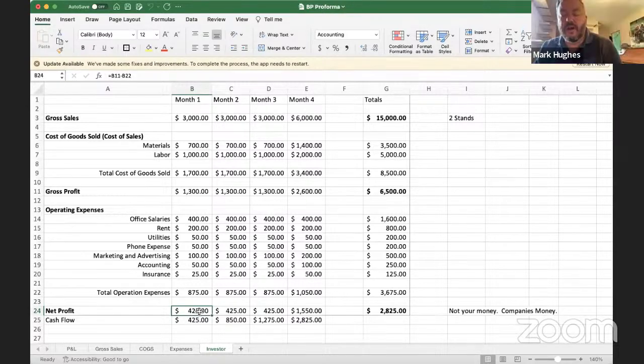And if you prove you have an understanding of all of these expenses and costs,